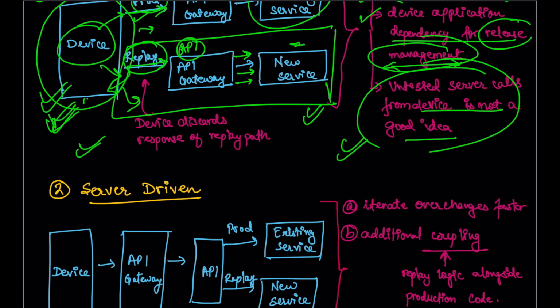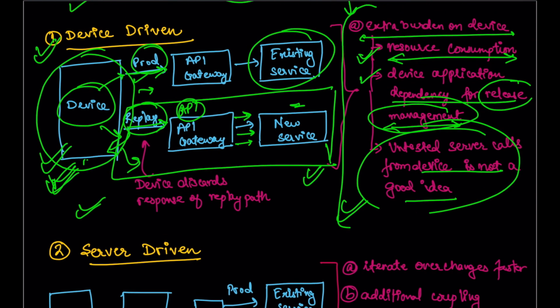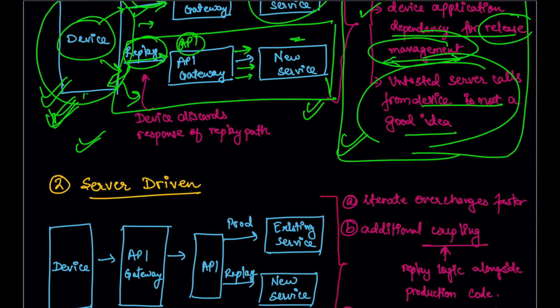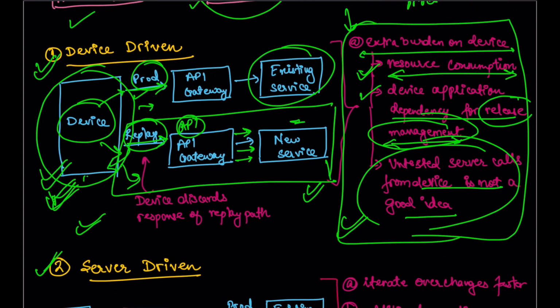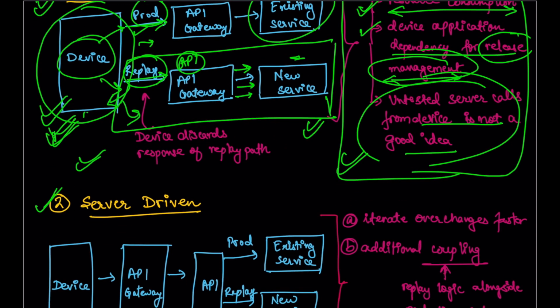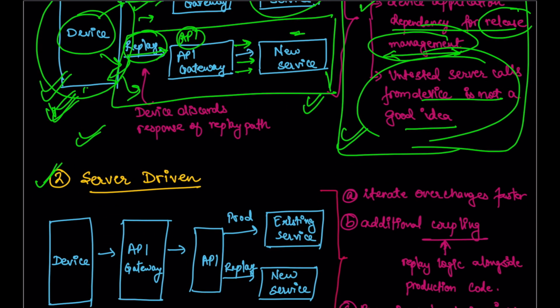So we got to know that there are certain disadvantages of going through this approach. So what is our second approach? The second approach is server driven. Here, instead of handling the traffic duplication, like replaying the traffic to the production server as well as to the new service, from the device itself,